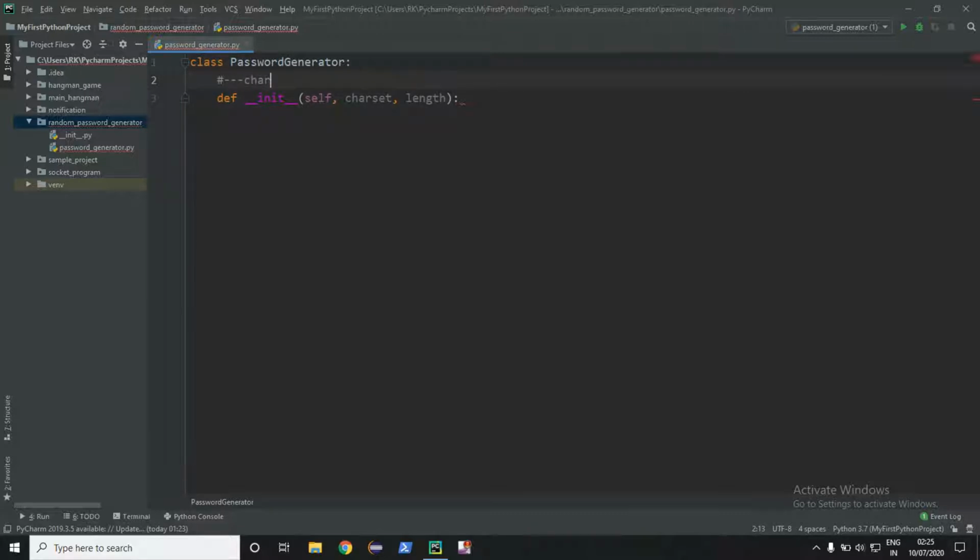The charset can be uppercase, lower, digits, or even a symbol. The length, as the name says, is the length of the password.